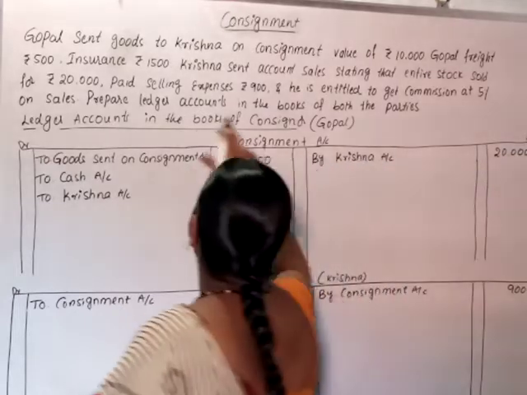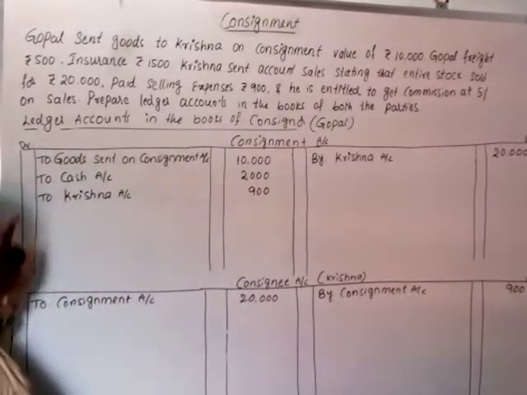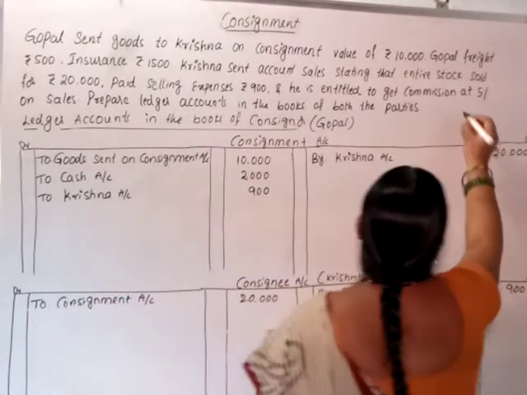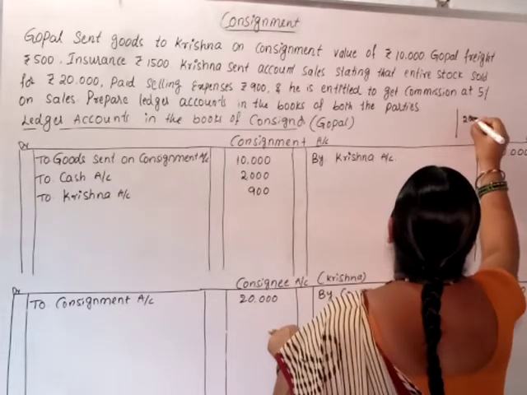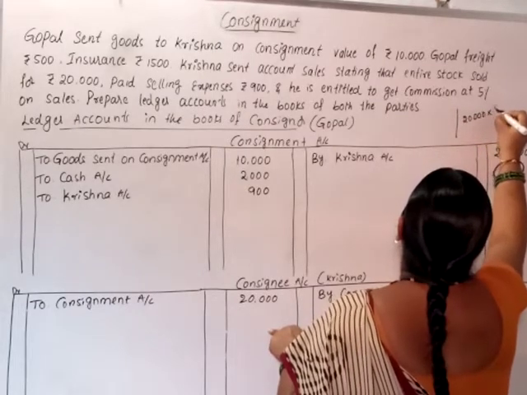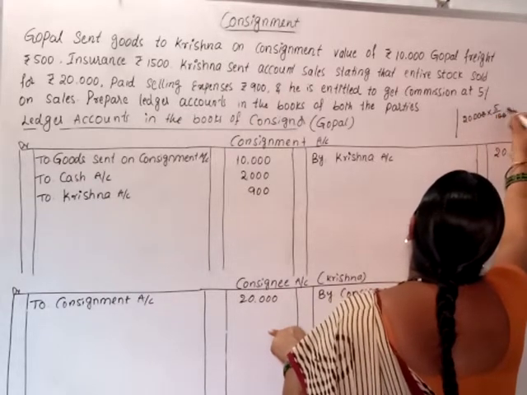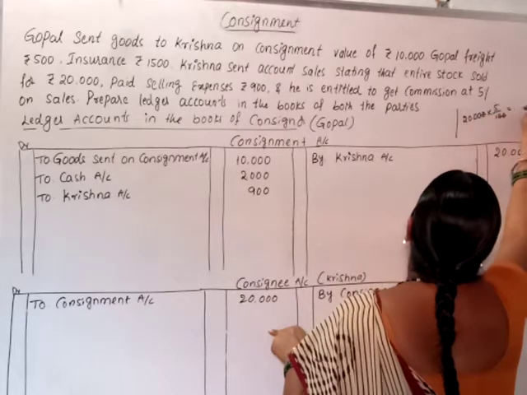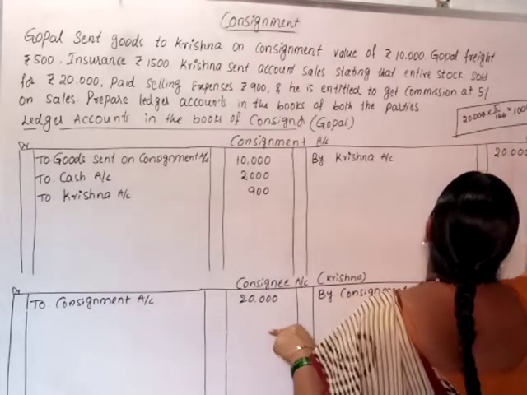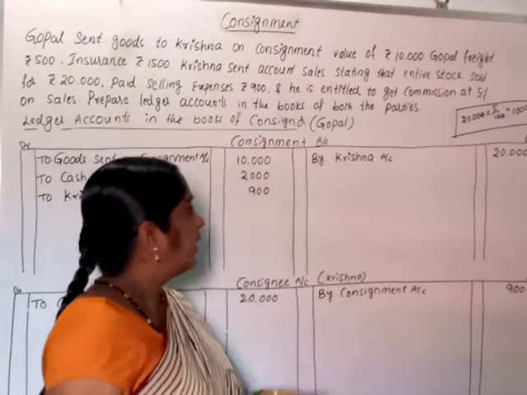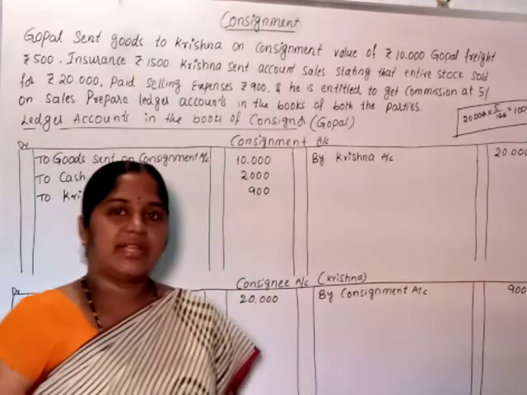Next one. Commission also we have to calculate. We should calculate 5% on the sales. So roughly I am calculating. What is the sales value? I am writing here. Total sales are 20,000 into commission of 5%, 5 by 100. Two zeros, two zeros cancelled. 5 0 0, 5 2s are 10. So what is the commission now? 1,000 rupees.